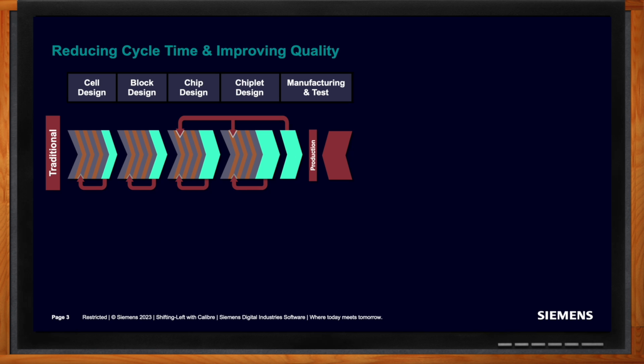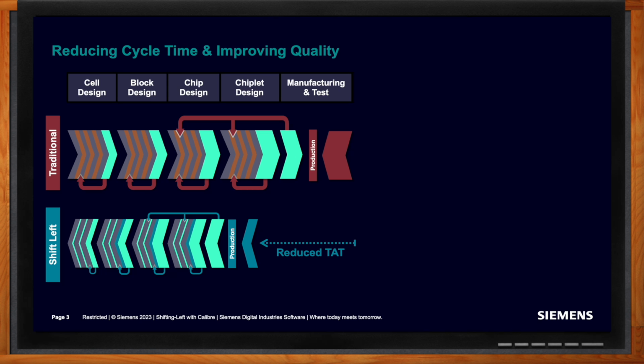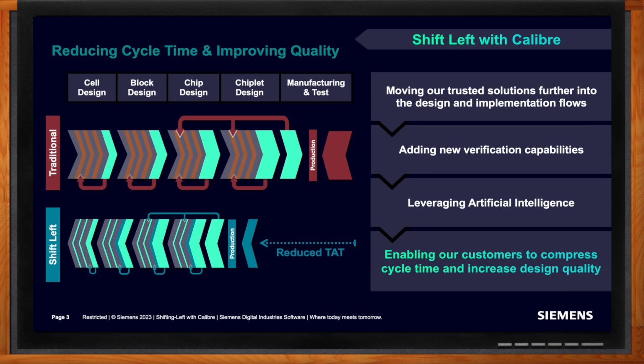And that's where people tend to traditionally think about Calibre at the end. Okay, I think I'm about done here. Now let's run Calibre because it's the sign-off standard, and we'll see if everything's actually okay. And that's great. Definitely we are that sign-off standard. But what we really want to do is shift left, is shift people into thinking about, no, Calibre has been built and extended with the idea of using it all during that design flow as you do each of those